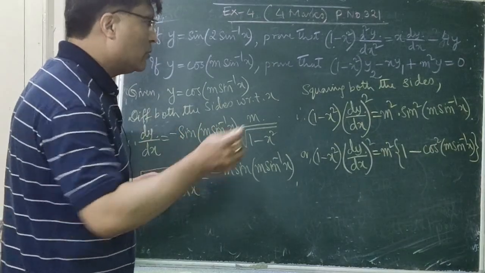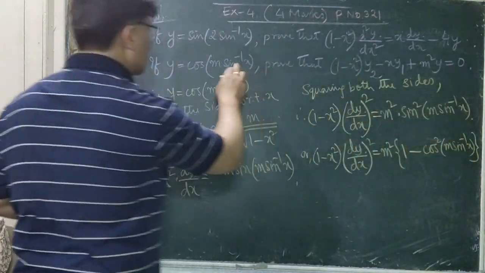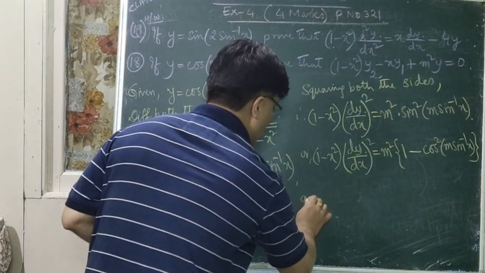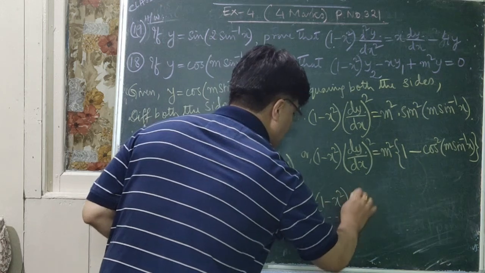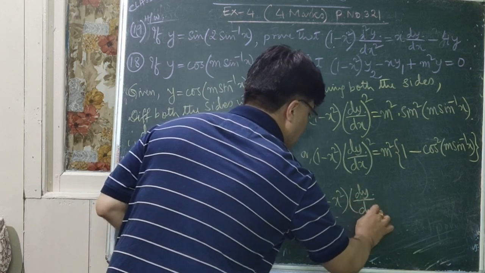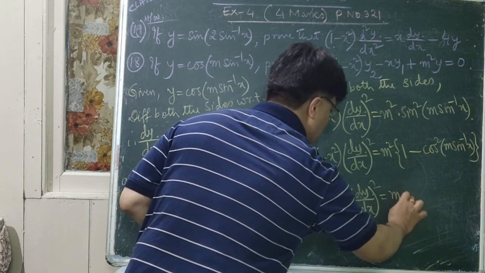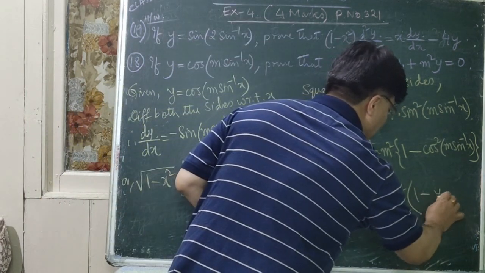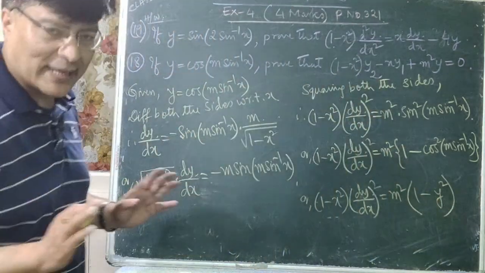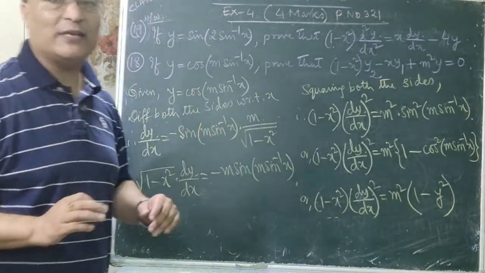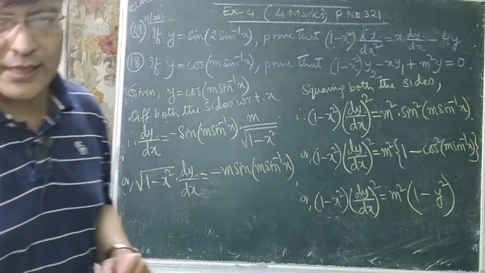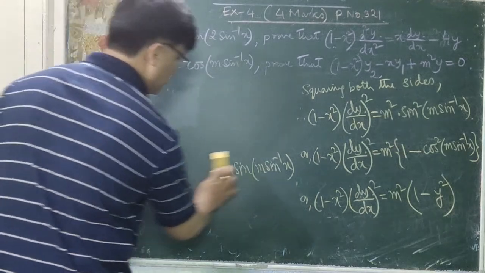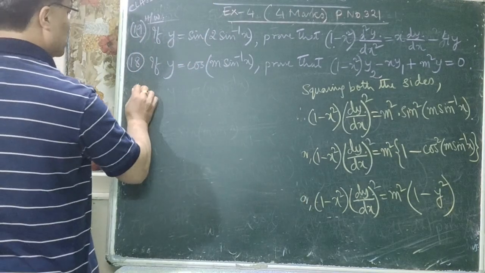Okay, now instead of cos m sin inverse x, what can you write? Y. So it will be y square. Okay, so this is your 1 minus x square into dy by dx whole square is equal to m square into within bracket, what do we have? 1 minus y square. Is that clear? Now it is the simplified form. Now you can differentiate both the sides with respect to x. Now let us write differentiating both the sides